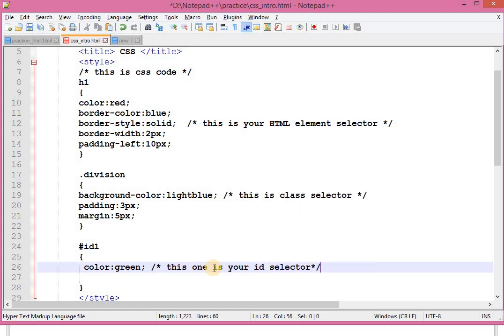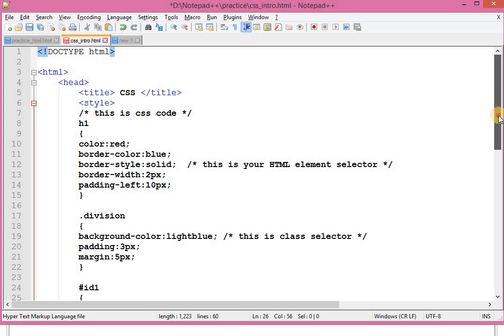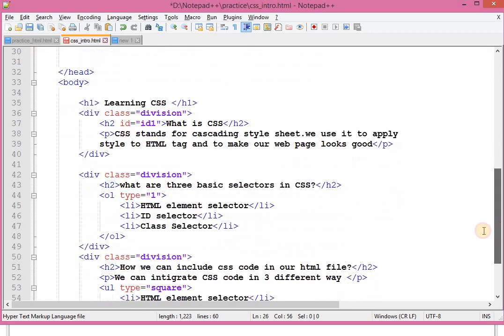So this is how you can apply CSS using 3 selectors: element selector, class selector, and ID selector.